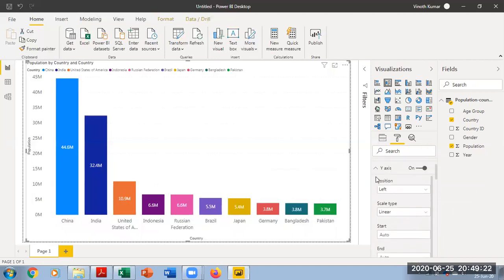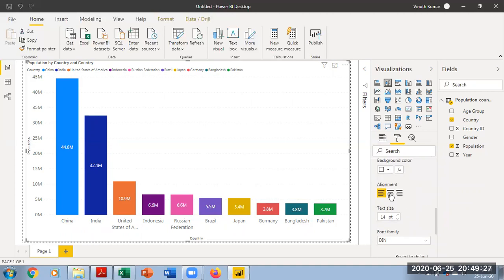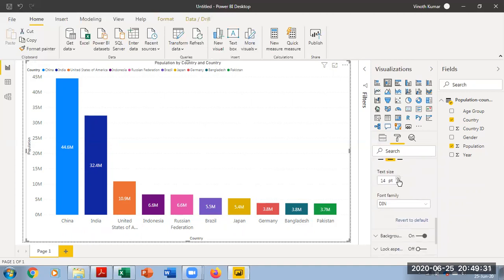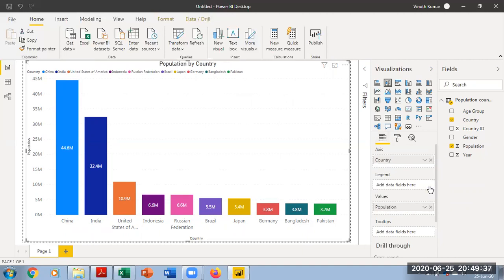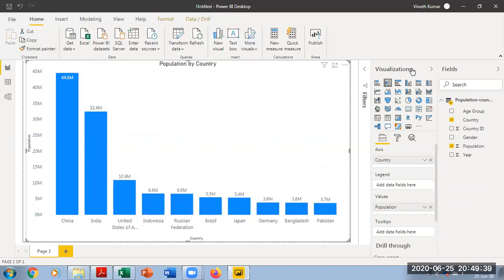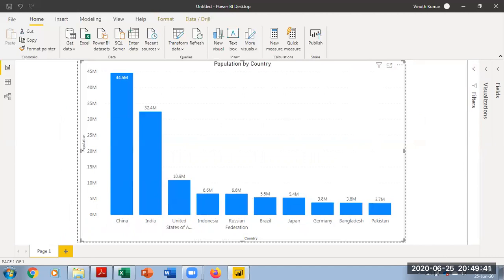And now I want the title to be in the center of my list. So I'm going to go back to the title, make it center, and I'm going to make it even bigger. So I'll say 20. And I don't want the legends to come here. So let me remove the legends, so you can see the countries really very nicely. So now I get the visualization of the top 10 countries in the world.